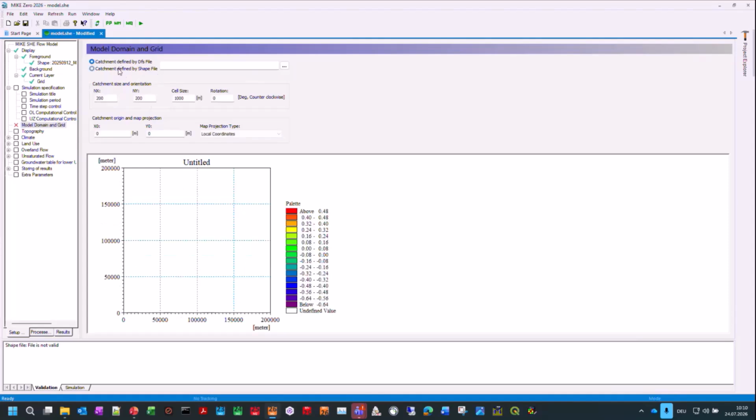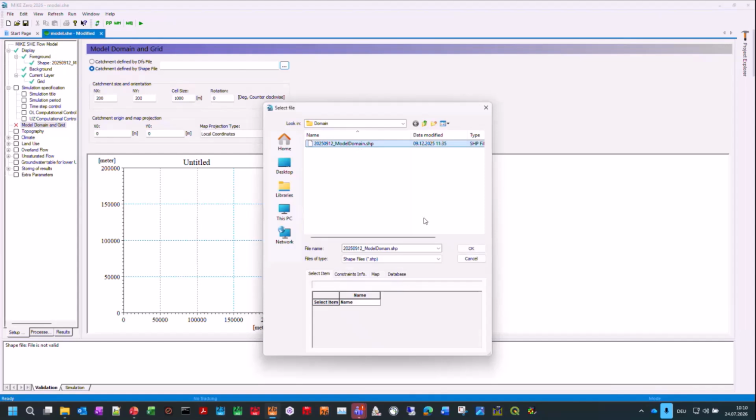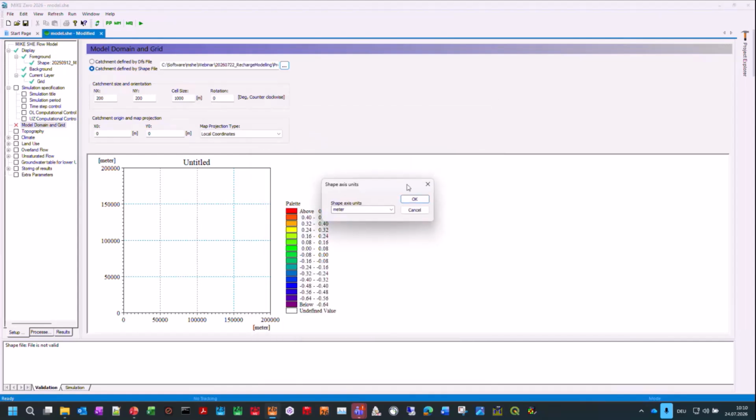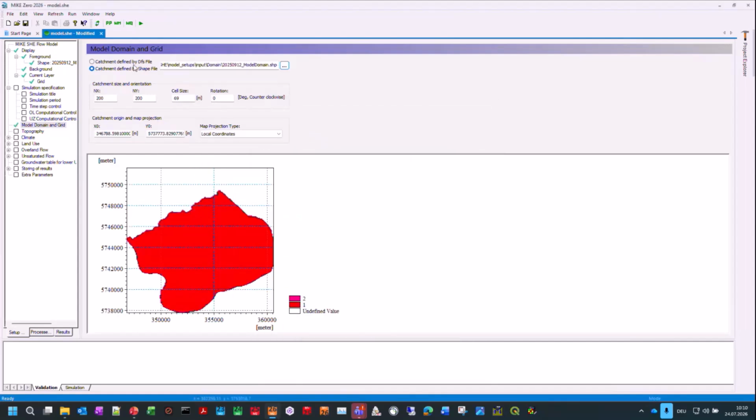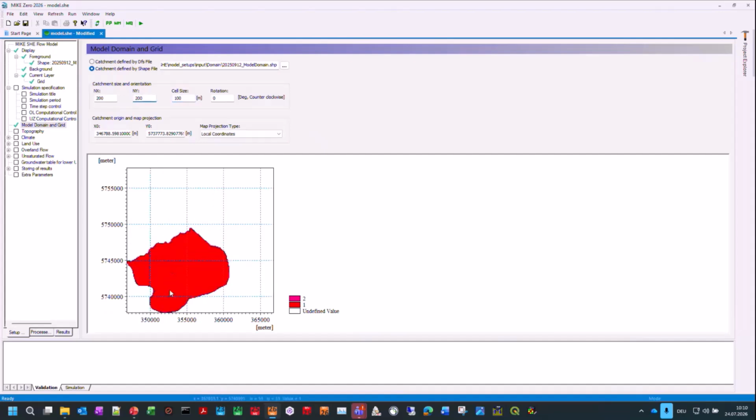Now you can define a model domain as a DFS raster file or a shapefile. We recommend to use here the shapefile because then you are flexible in your model resolution, which would be fixed in the DFS input. Now it always gives you NX and NY. You can change here the model resolution and extent. Now for the moment, we go for a coarse resolution like 100 meter. And then it is always recommended to round here, like we will also do it later in QGIS in the pre-processing, at least to 100th,